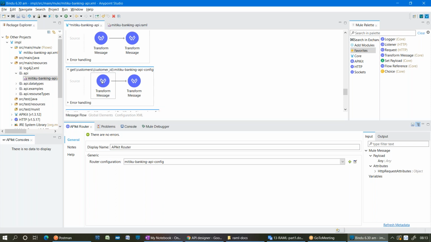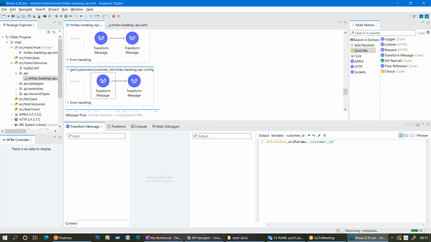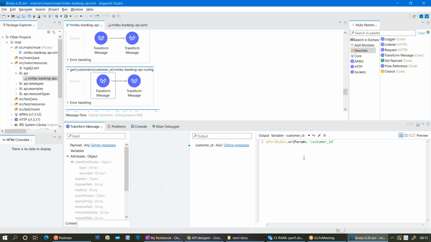Now that event will be processed by these processors. Whatever logic you want to write, you can write it, right? But by default, I have a transformer based on the API you have created. Are you able to identify something from this DataWeave expression? It's extracting the customer ID from URI params.